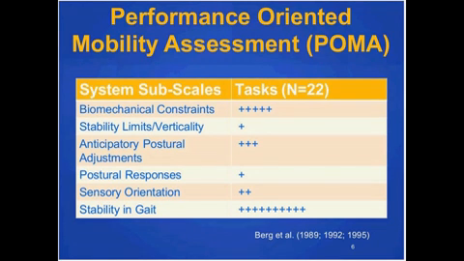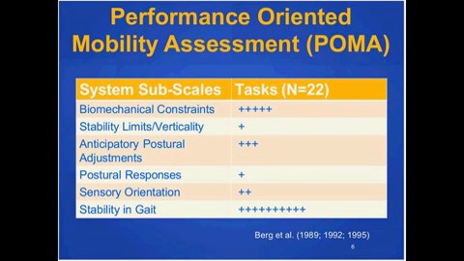We have a tendency to look at that final score, and that gives us very good information about their overall balance and, in most cases, their level of fall risk. But it really tells us very little about what the underlying impairments and functional limitations are that are contributing to this fall risk. So if we look at the Performance-Oriented Mobility Assessment developed by Tinetti, and excuse me, it's not Berg, it's Tinetti on this slide,